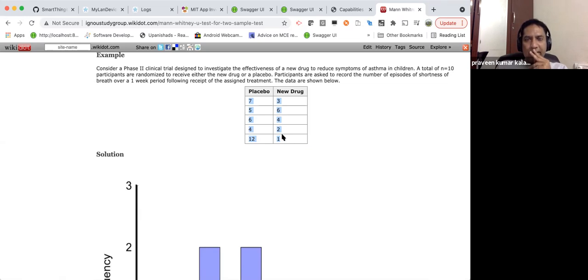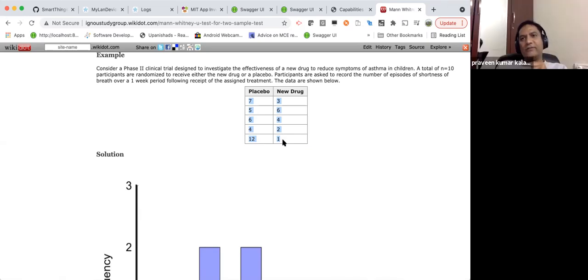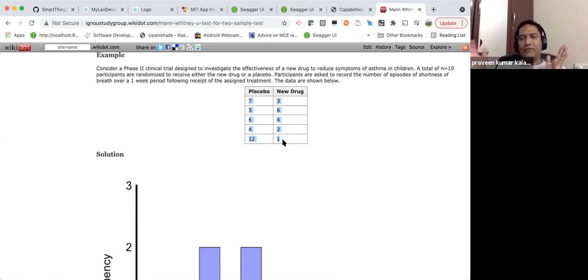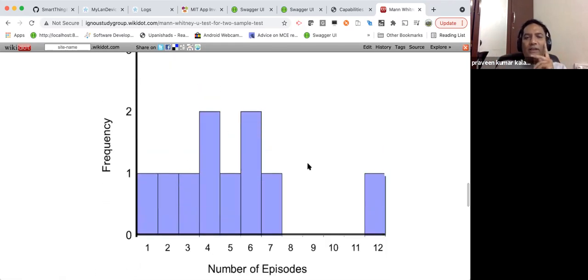Anyone take a dig at the null hypothesis? There is no significant difference between the two treatments. Perfect. So to start with, you are saying that the drug is not really effective. It doesn't make any difference. So your null hypothesis is that there is no significant difference. If you are able to prove otherwise, then only we are going to say that yes, the drug makes the difference.